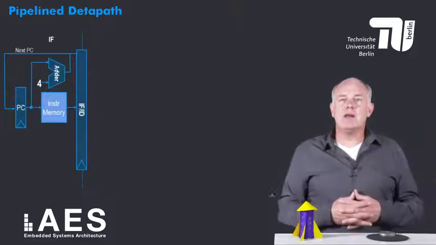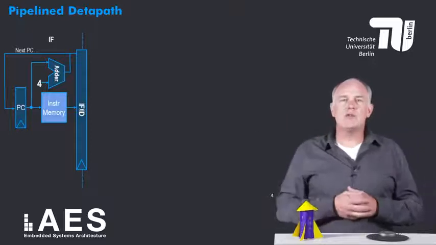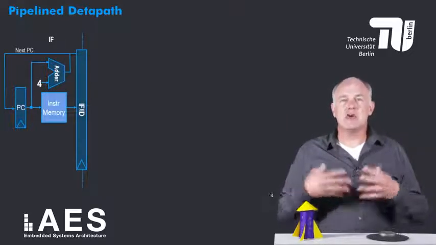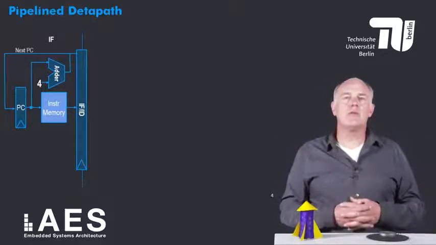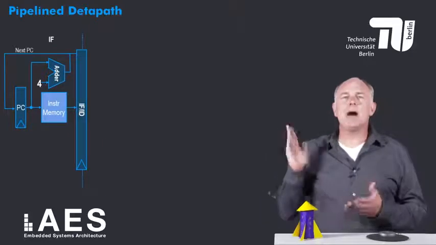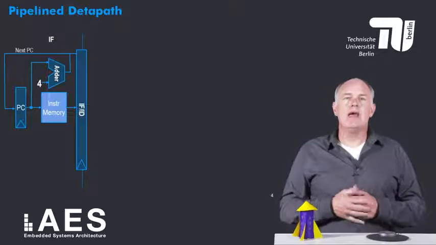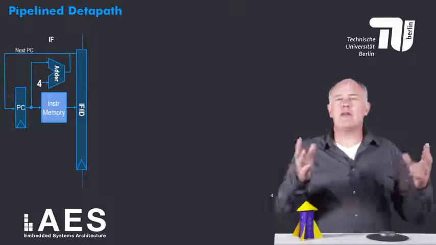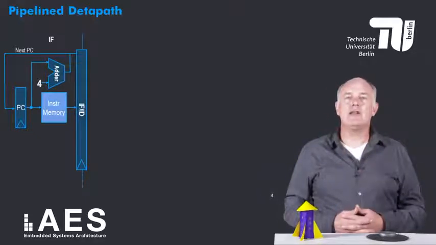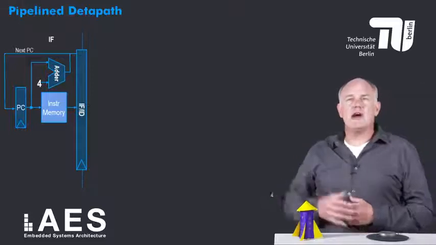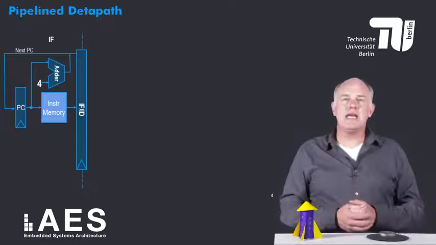This is the first part of the data path that performs the instruction stage. The program counter is used to address the instruction memory, and the instruction memory returns the instruction the program counter points to. The instruction is stored in a pipeline register called IF/ID. It is called that way because it separates the IF, the instruction fetch, and the instruction decode ID pipeline stages. At the same time, the program counter is incremented by 4 and the new sequential PC is latched in